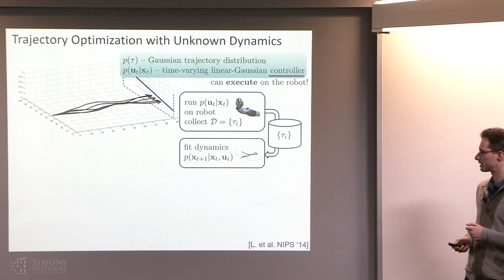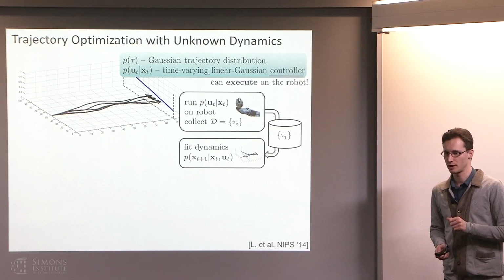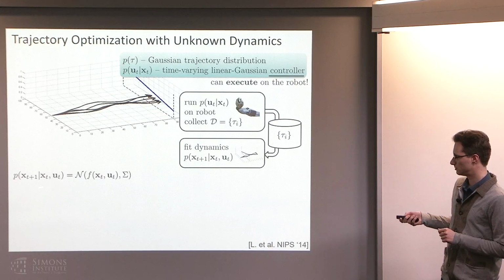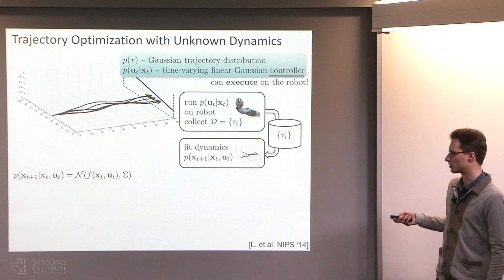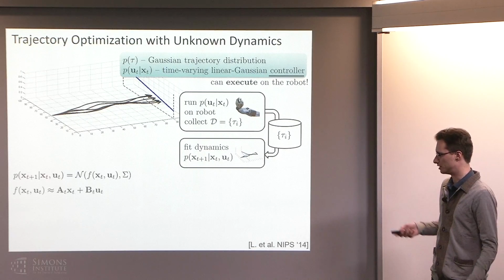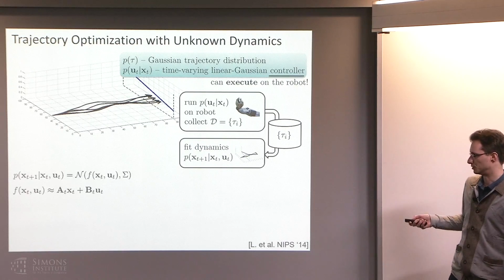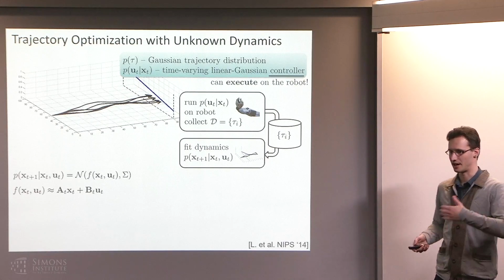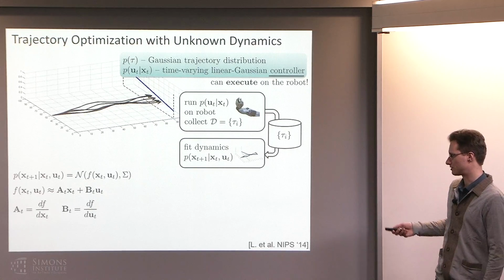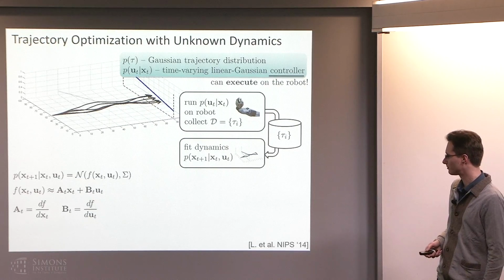It's kind of a simplistic idea, and in its most basic form it doesn't quite work, but there's a little trick that makes it work very well. So if we assume that our dynamics look roughly like this, so they're stochastic, but they're basically Gaussian with some noise, linear regression will allow us to fit that. We'll do separate linear regression at every time step, so they're time-varying linear, which is a very expressive class of dynamics models. And then we'll just hope that that's close enough.